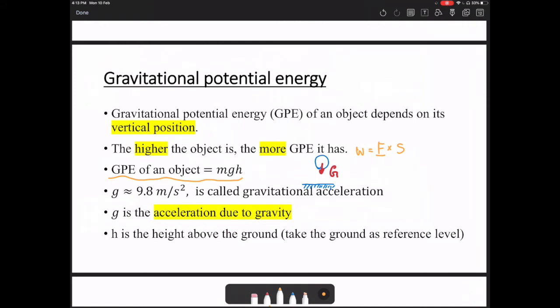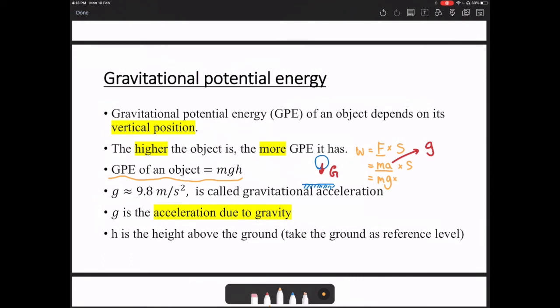By Newton's second law of motion, we know force equals mass times acceleration, ma, times s. Since F is gravity, this small a will be small g. G is the acceleration due to gravity. So that means we have